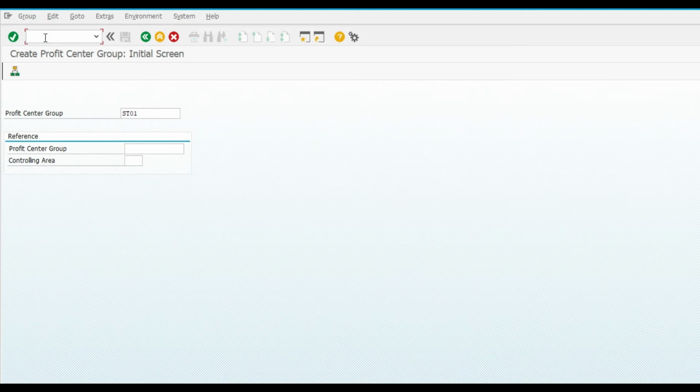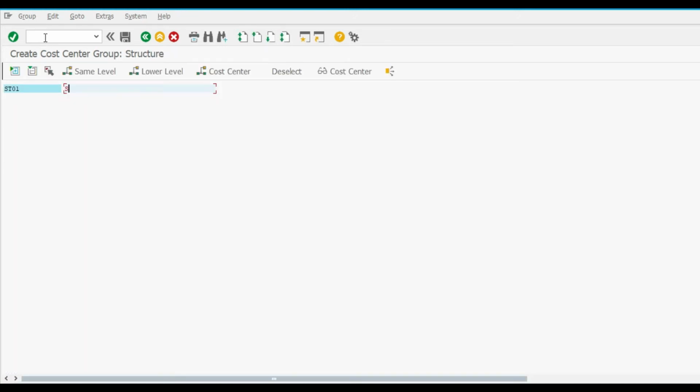Now go to KSH1. This is also a cost center group. Now we are going to set it like that, ST01, ST01 cost center group. Basically, this is a hierarchy. Suppose this is my company and I want to go to the department level. Like this is a company. Now I want to create a department, then